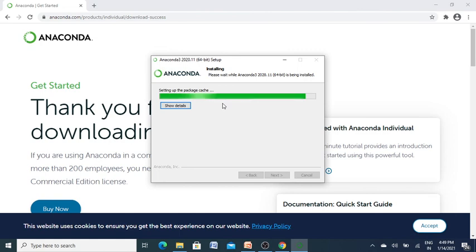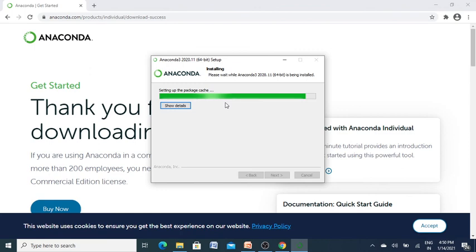From here, we don't have much more. From there, we need to just go on clicking next, next, and finish. It will take some more time.